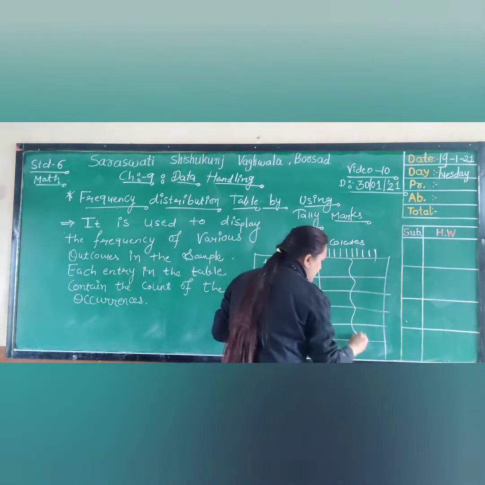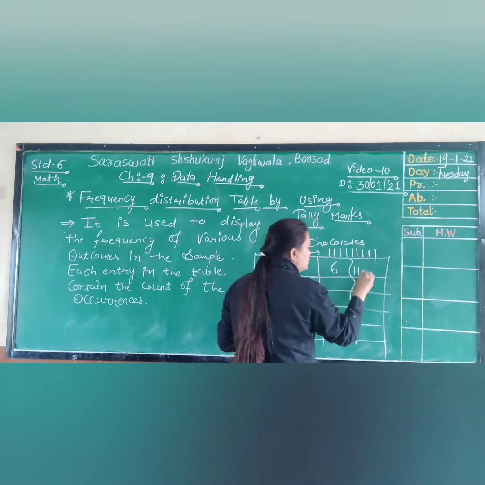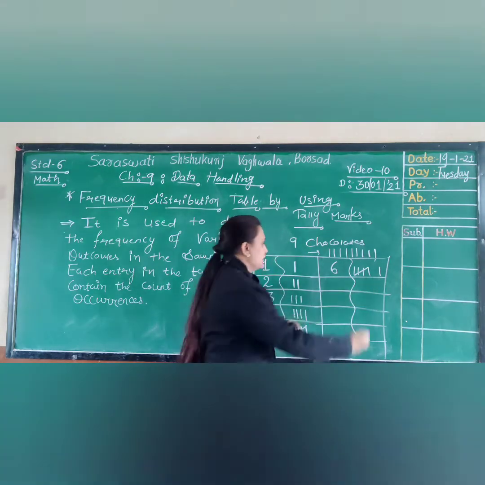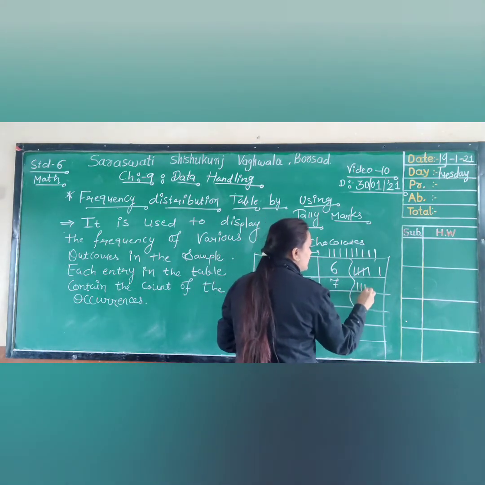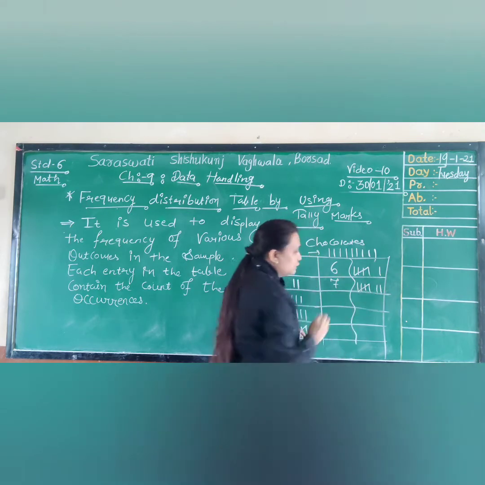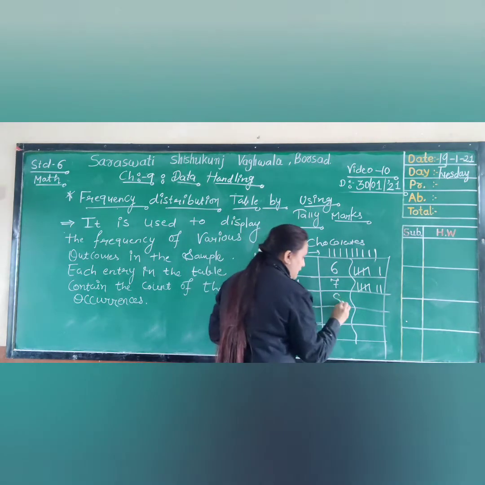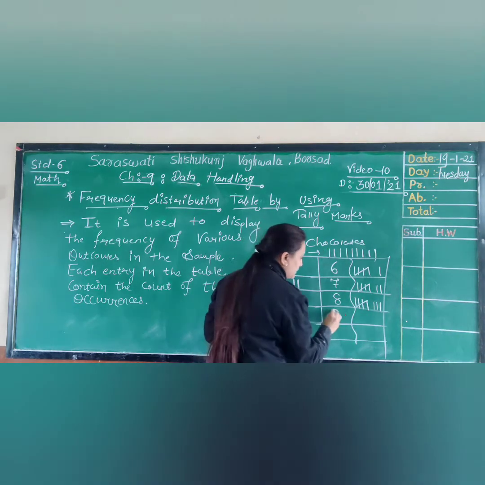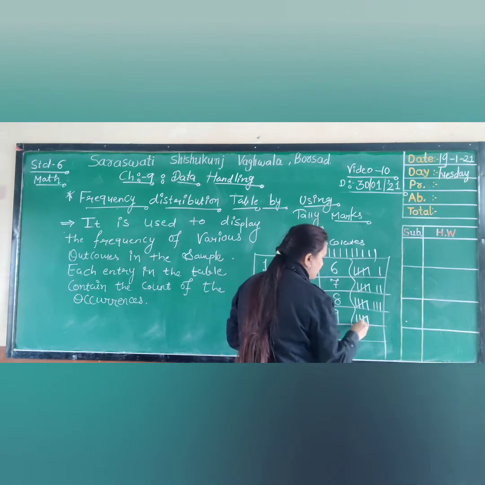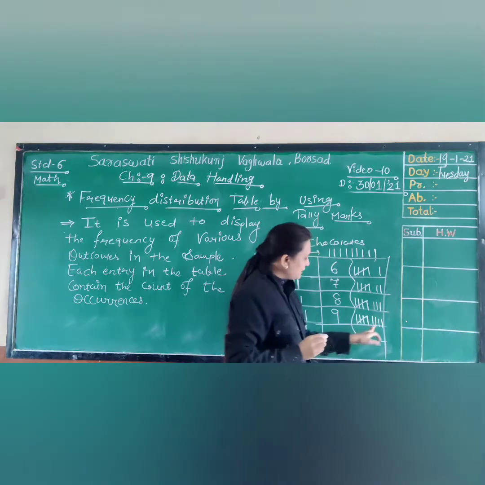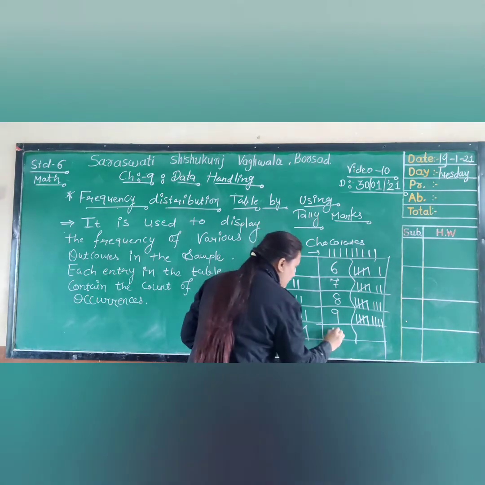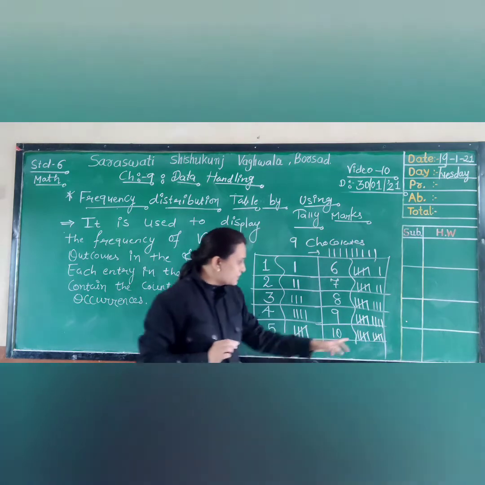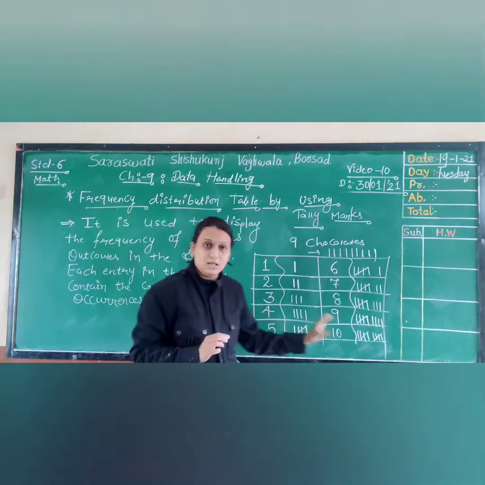Further, if you want to define 6, it is defined by a bunch of 5 plus 1, which equals 6. To define 7, we use a bunch of 5 plus 2, which equals 7. For 8, a bunch of 5 and then 6, 7, 8. Then 9 is a bunch of 5 and 4 standing lines, so 5 plus 4 is 9. And to define 10, we use a bunch of 5 and again a bunch of 5. So it is so easy to calculate the digits.